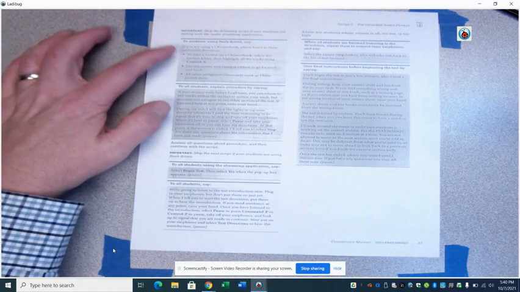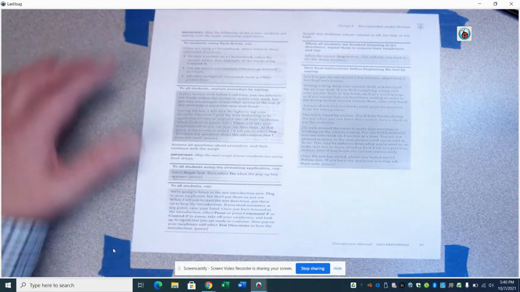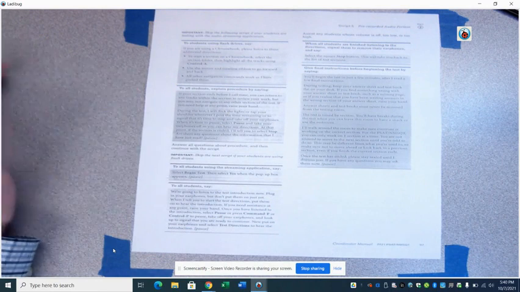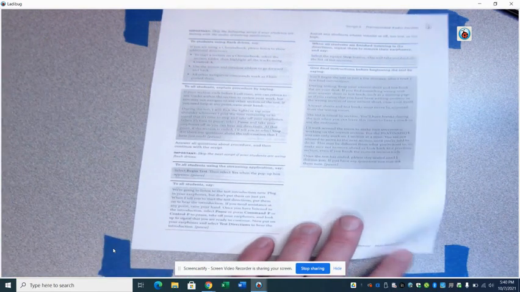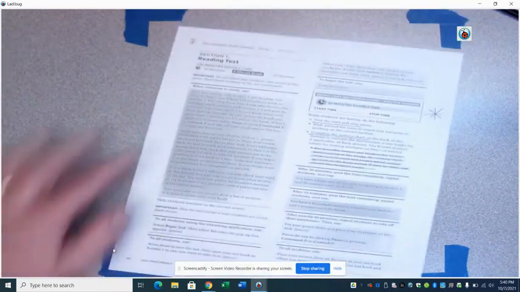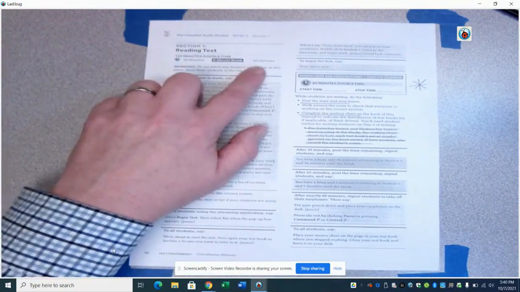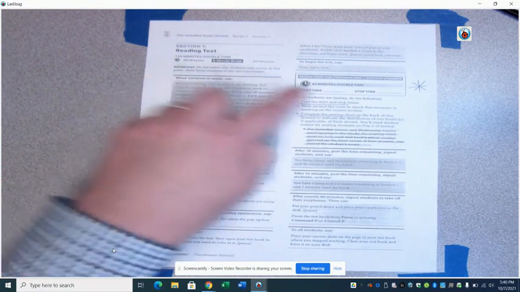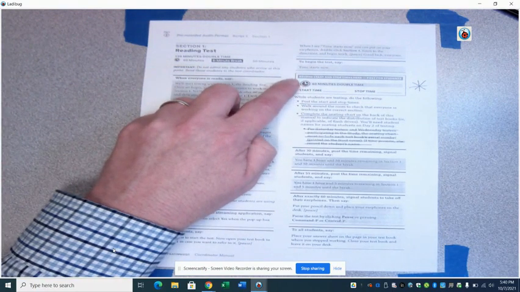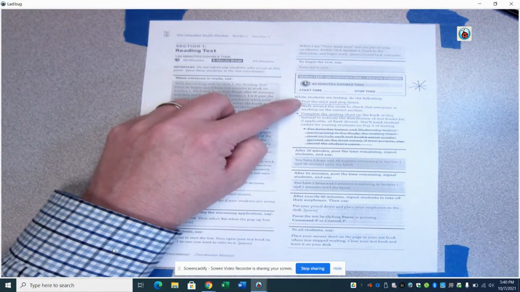All right, and continue on how to use the flash drive, talking about the procedure, and make sure that they're understanding everything. It really walks them through this pretty nicely, pretty simply. First section is the reading test. It's 120 minutes, so 2 60-minute sessions with a 5-minute break between. You're going to record the time for both sessions individually. You'll post that on the board.